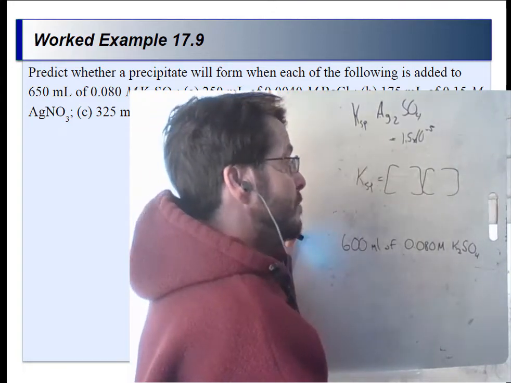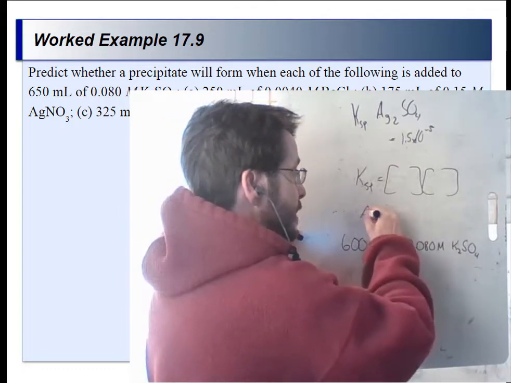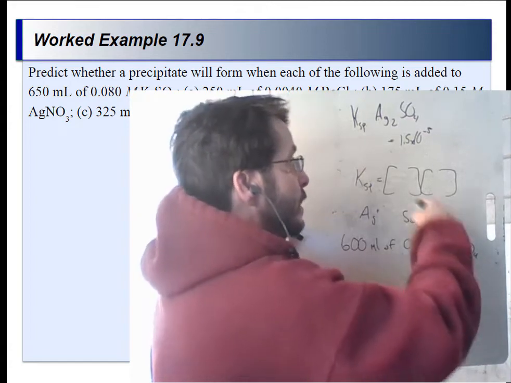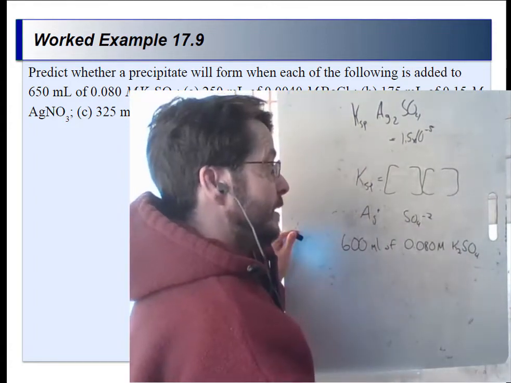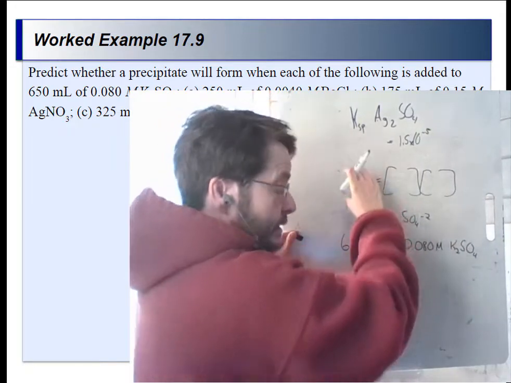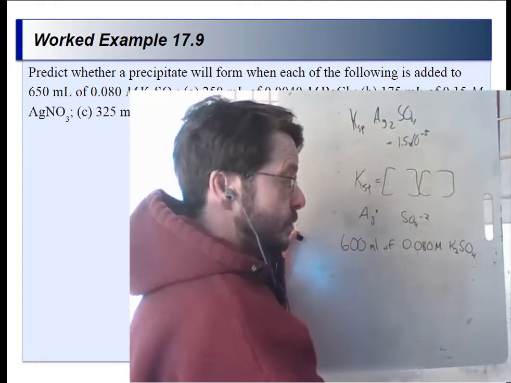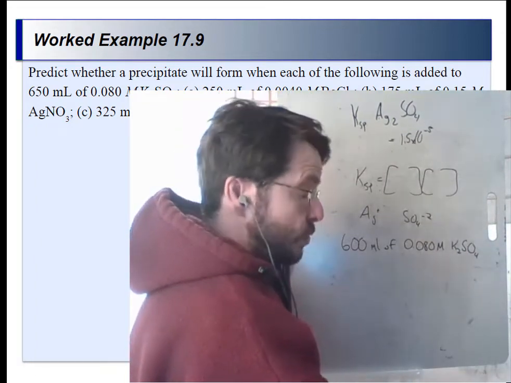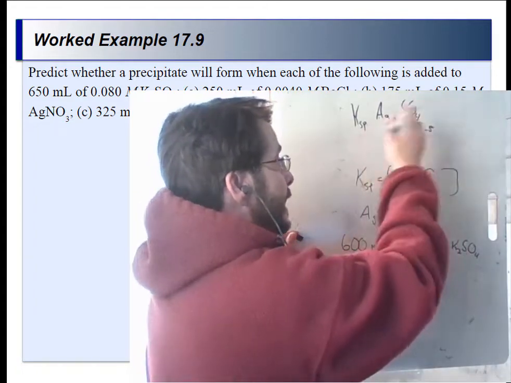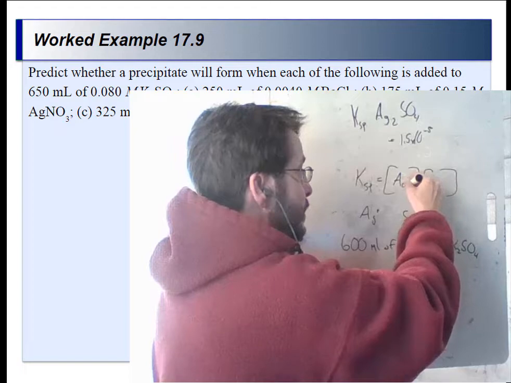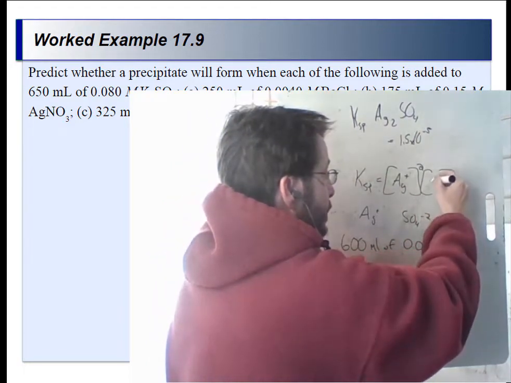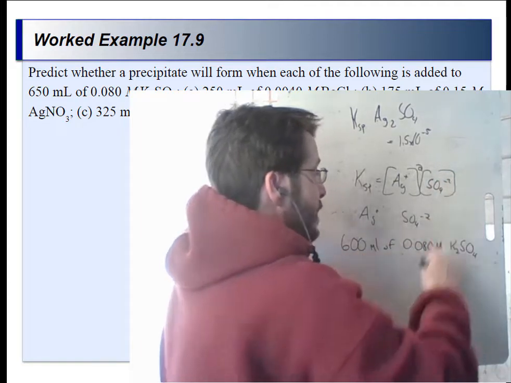And so for that, we would mix the two solutions. As long as the solution has silver in it and sulfate in it in the right amounts, there may or may not be a precipitate. As long as the product of these does not go past KSP, the solution would not undergo precipitation. All right? So we can write a KSP statement for this, and it turns out to be silver squared, because there's two of them, and sulfate, SO4 2-,